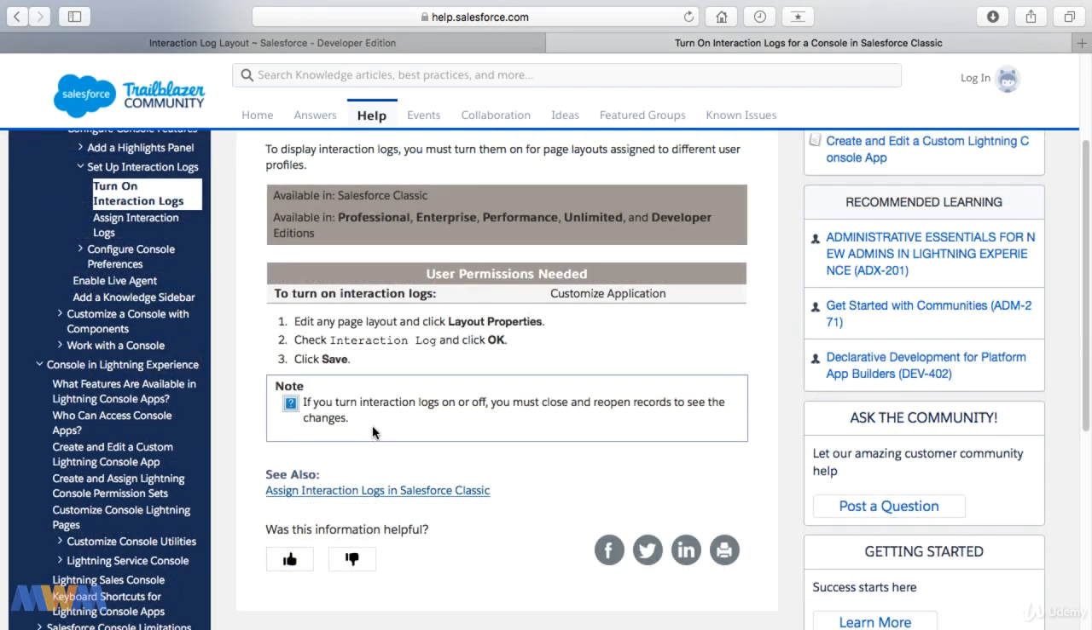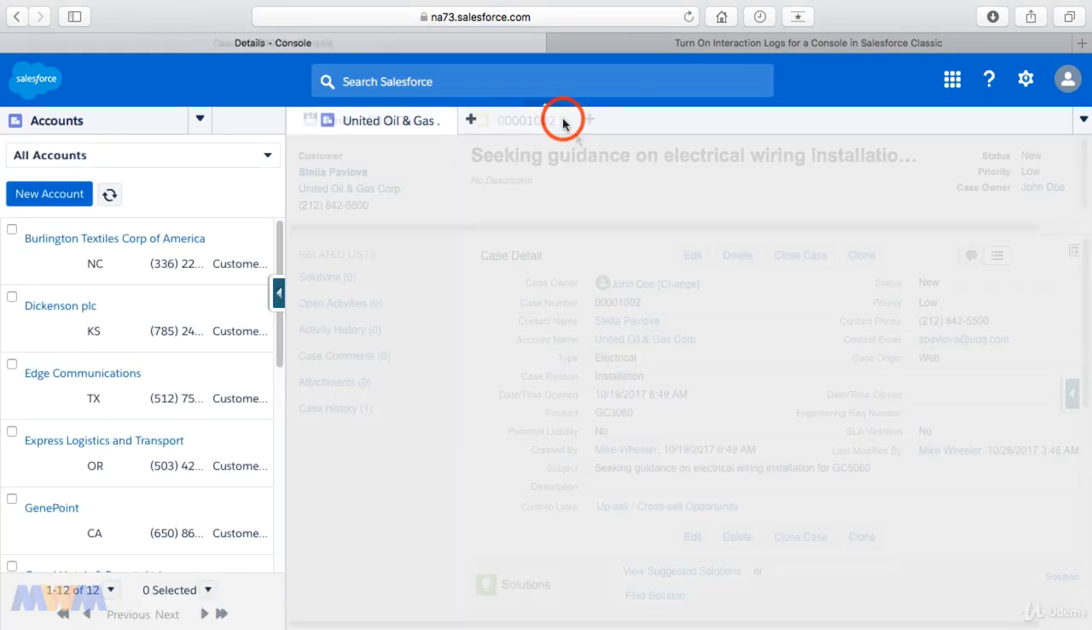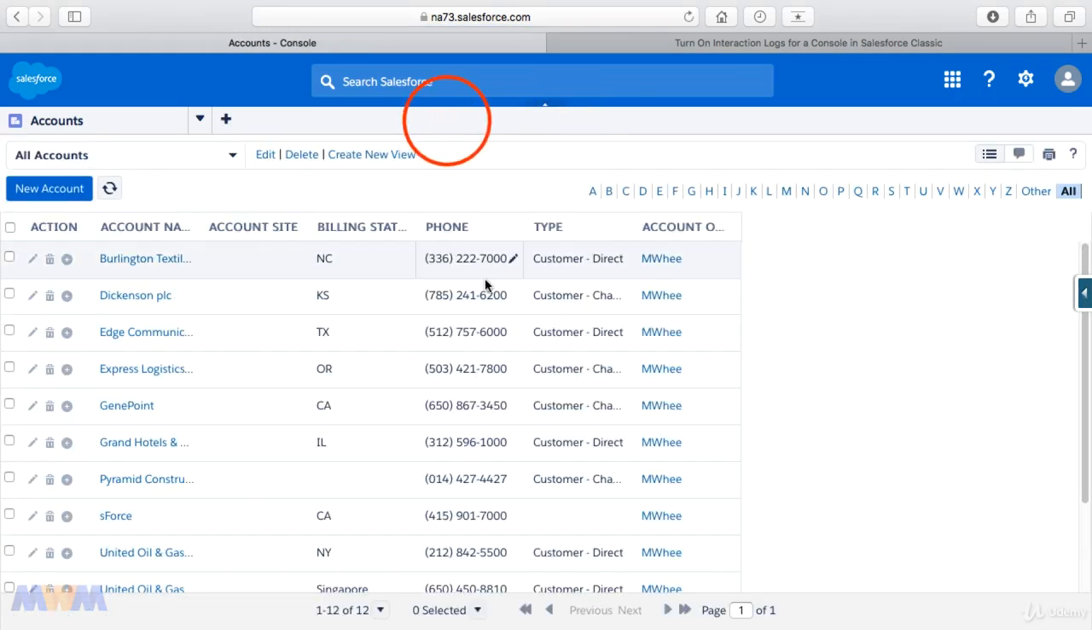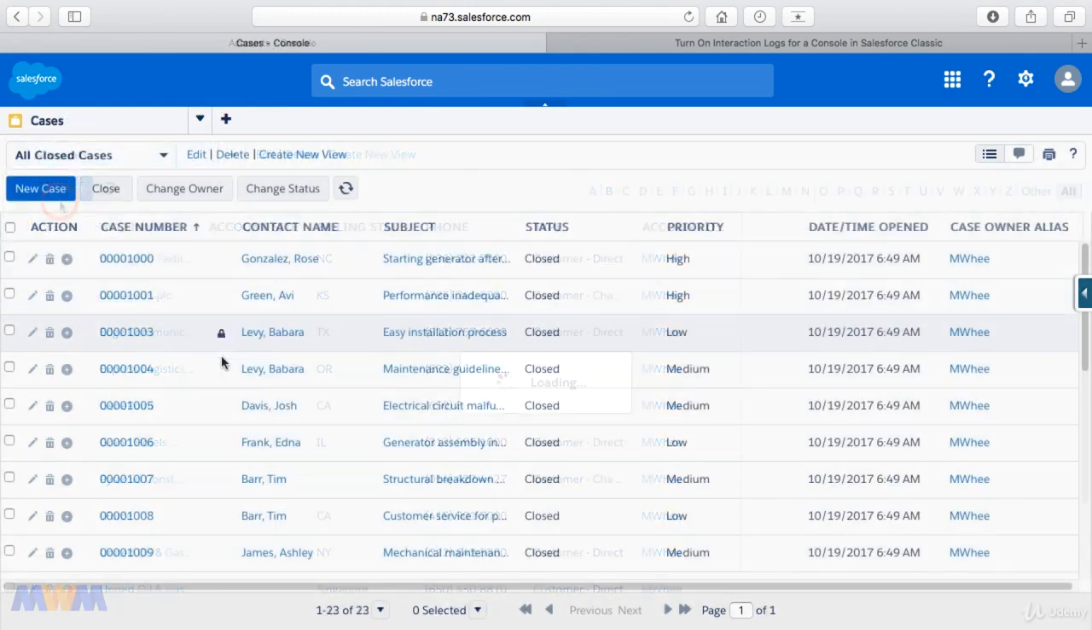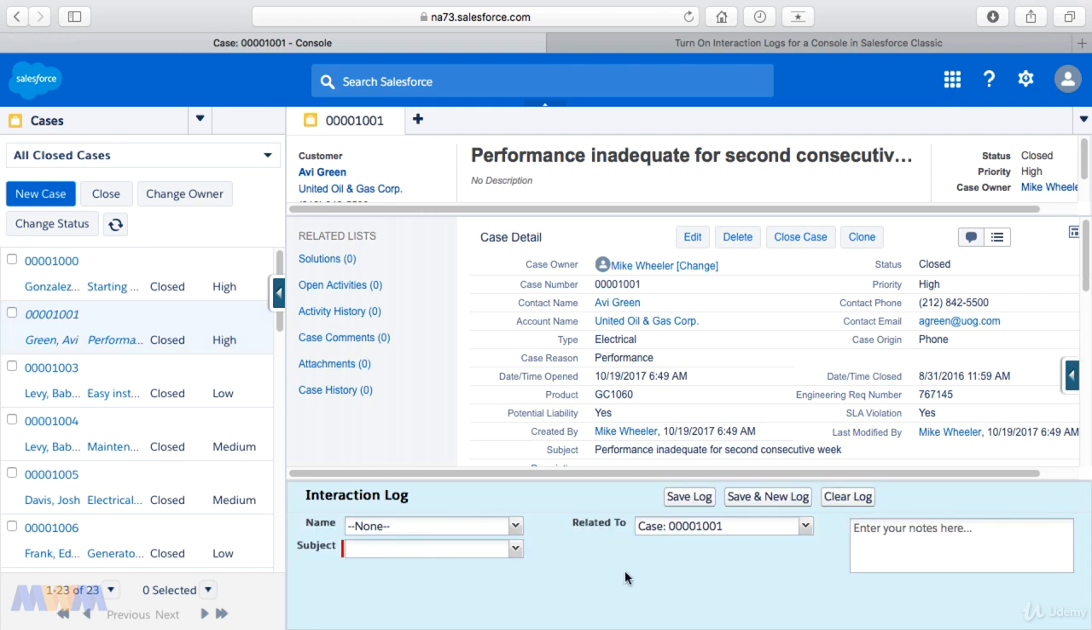All right, so I'm finding why it's not showing up. It's saying that if you turn interaction logs on or off, you must close and reopen records to see the changes. So let's go back to the sample console and close this record, and close that as well, just for grins. Let's go into the cases tab and open a case. And so now we have our interaction log, and this is a fixed area down below,